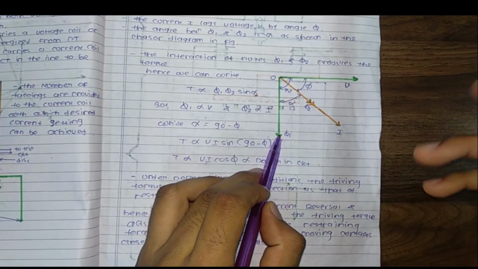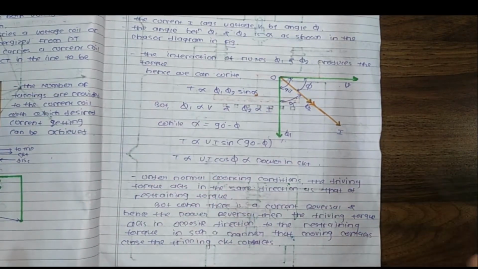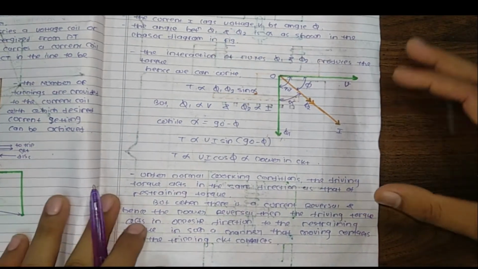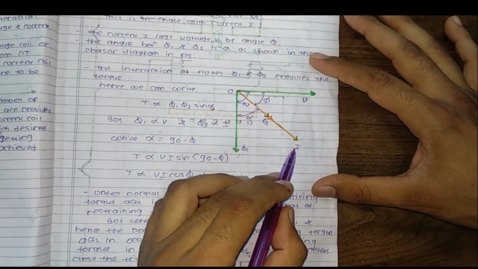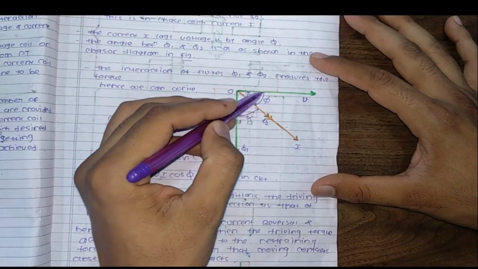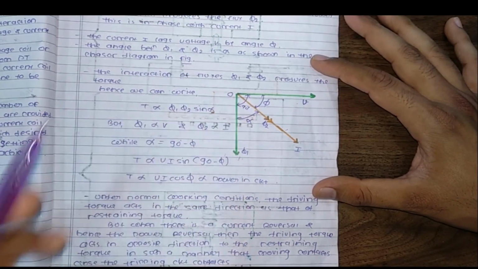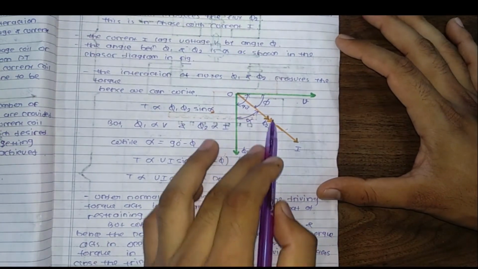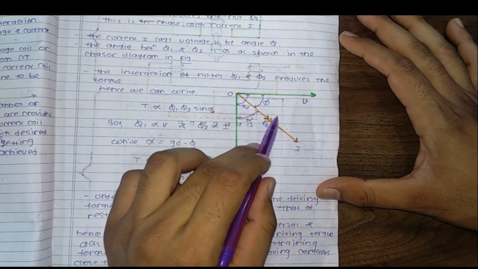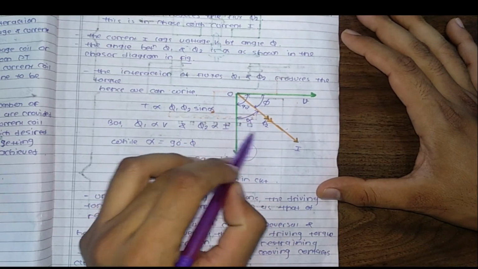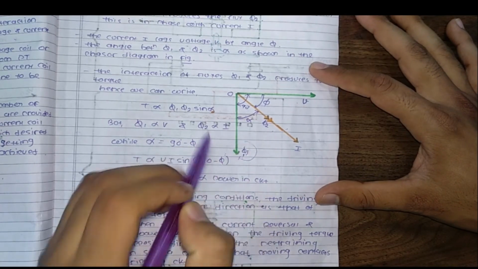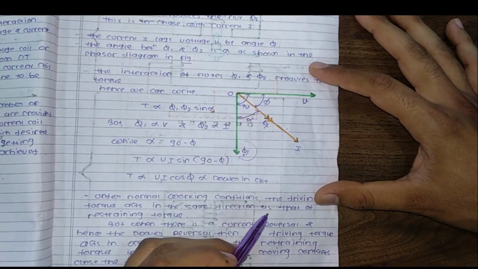Fine, so the current I is sensed by the current coil on the lower magnet, and which produces the flux phi2, but this is in phase with the current I. But this current I will lag behind the voltage by an angle phi. Actually I have taken this as phi, so the current I lags the voltage V by an angle phi. So the angle between phi1 and phi2 is alpha, as shown in figure. This is alpha, the angle between phi1 and phi2. What is phi1 here? The flux produced by the upper magnet, and phi2 the flux produced by the lower magnet.